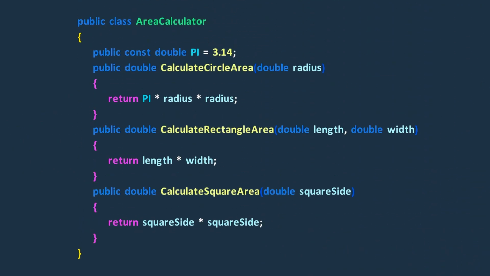Whenever we have a method that relies on a field or property, but we realize that it would be more flexible if we could provide the value as a parameter, we can use the add parameter refactoring technique. This technique involves adding a parameter to the method and modifying its implementation to use the parameter instead of using the field or property. By removing the properties and adding parameters instead, our class becomes more flexible.